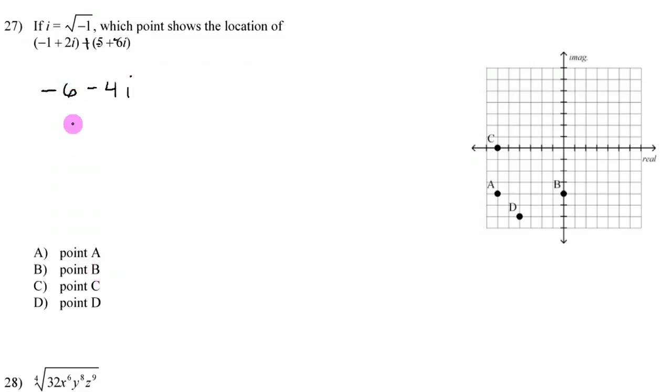And how do we graph this? Well, remember, this is the real part. This is the imaginary part. And if you notice on the graph here, this does not say x-axis, y-axis. It says real axis, imaginary axis. So on the real axis, we should get minus 6, which is 1, 2, 3, 4, 5, 6. Then the imaginary axis, or like the y, is a minus 4. So I'm just going to go down from there, 1, 2, 3, 4. So that's my solution, which is letter